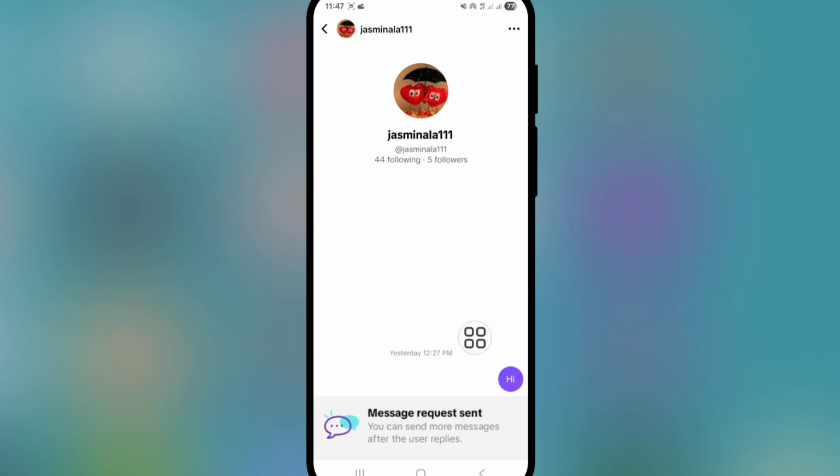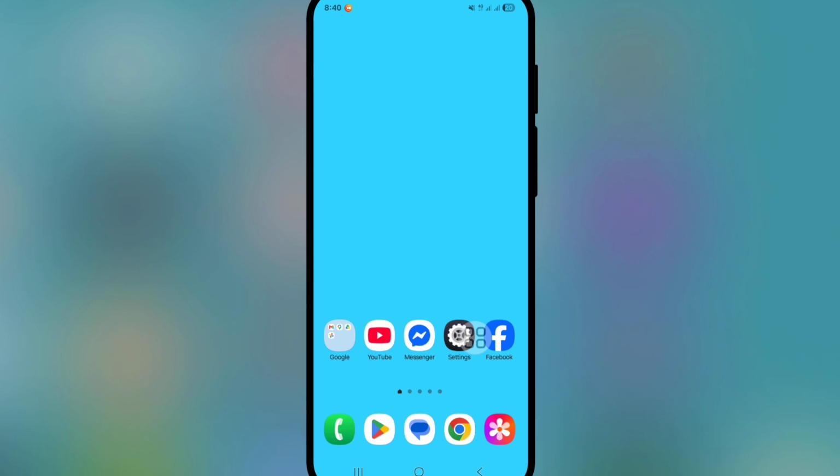In that case, there is nothing else for you to do but wait for a reply to your message from the other side. But sometimes this problem is happening due to TikTok app glitch or server down issue. If you think this problem is happening due to app glitch or server down issue, then find TikTok apps